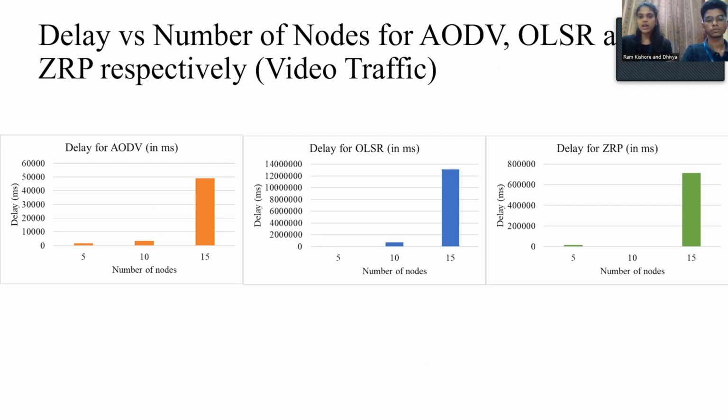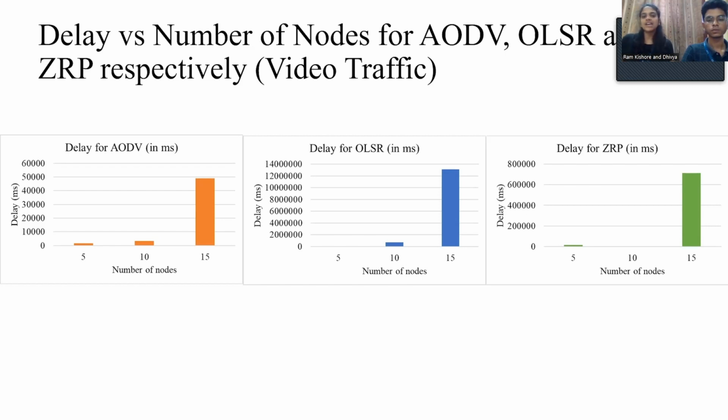The application delay for AODV is relatively low when compared to OLSR and ZRP, because even if the topology changes, AODV has the capacity to transmit data with higher PDR, but for OLSR, the delay to transmit video traffic is higher due to the overflow of control packets from each node, and the data packets sent by the video traffic is much higher than the CBR traffic.